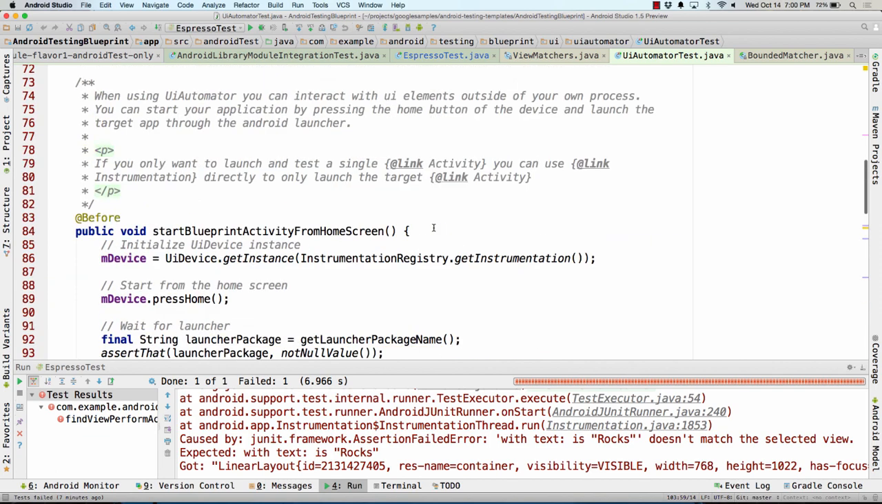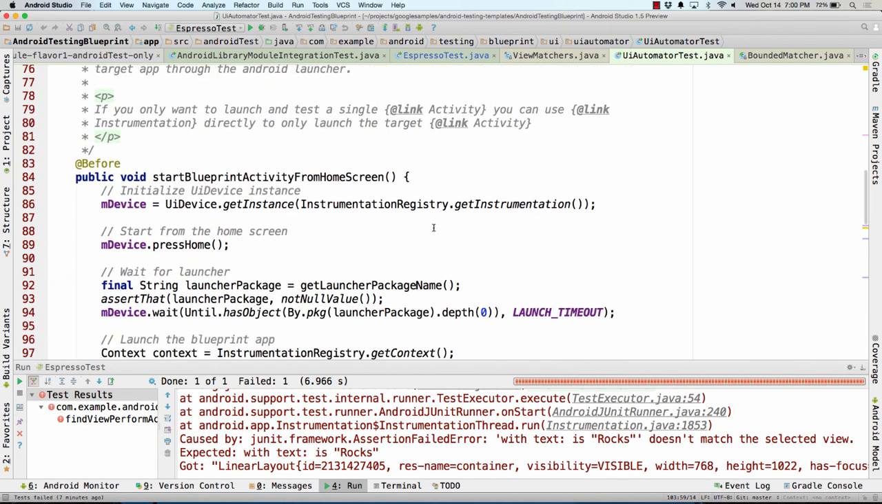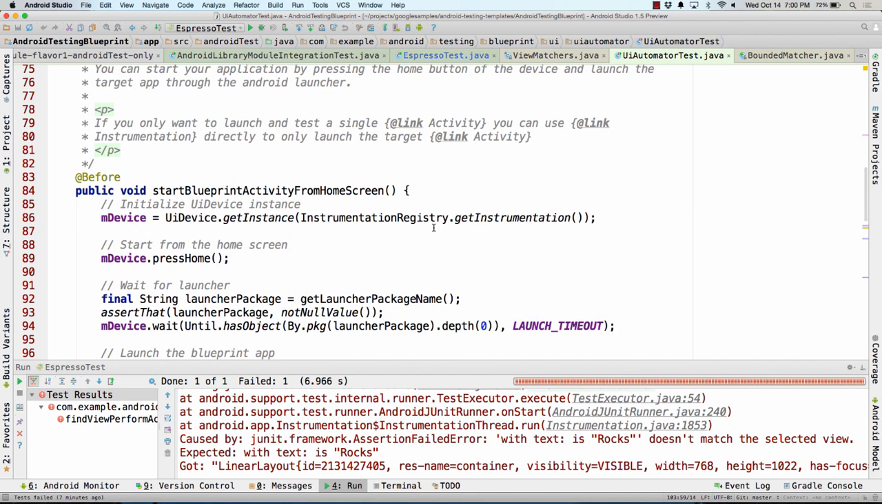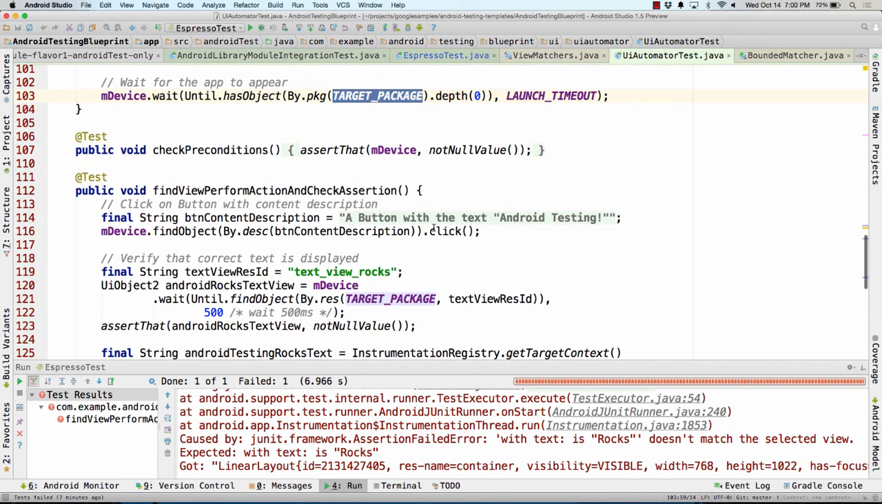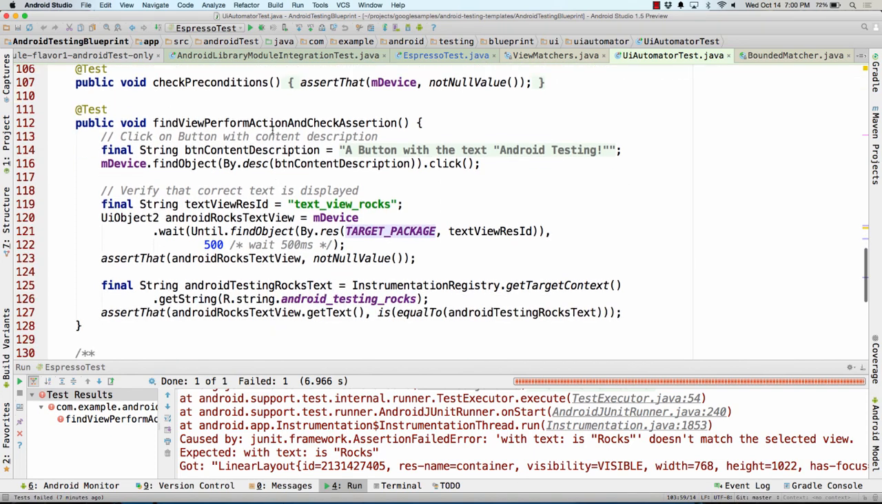And then this is all done in the before function, meaning every time I run my test, I have to find the home, click on it, and then click on my own app. So by the time you get to a test function, for example, here, you are already in the app. Then what you do is that